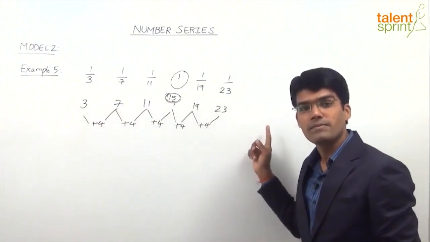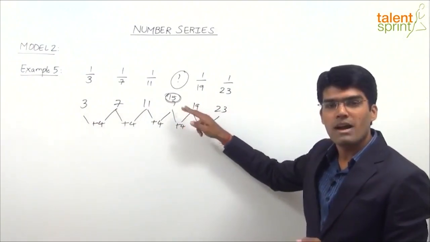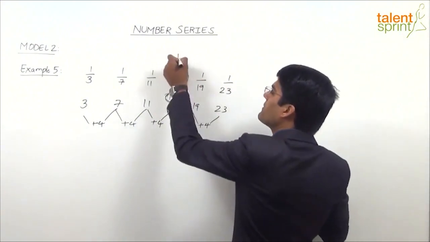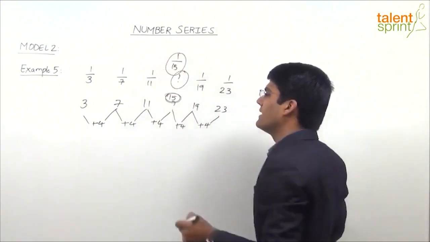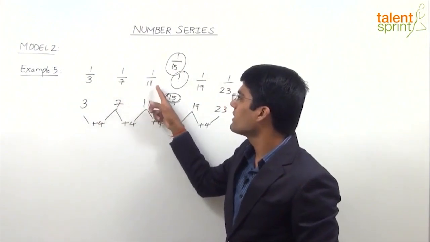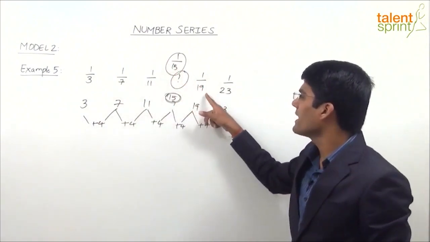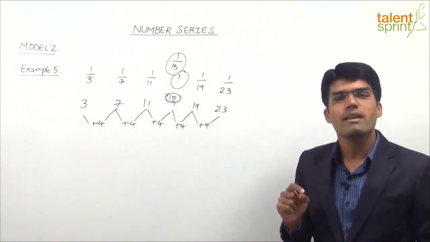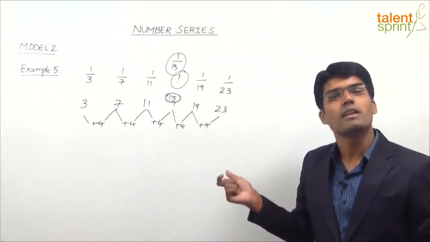the inverse series. Now if 15 comes in place of the question mark, when we take the reciprocal, what comes in the original series should be 1 by 15. So that is our answer. That is 1 by 3, 1 by 7, 1 by 11, 1 by 15, 1 by 19 and 1 by 23. Such a series is called harmonic progression, where the difference between the reciprocals of the given numbers is a